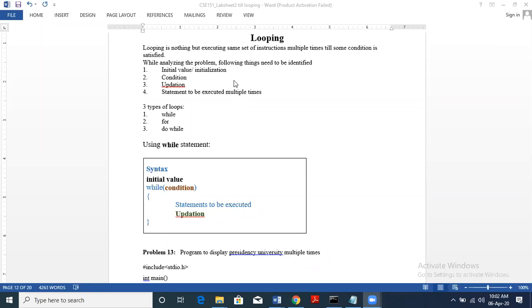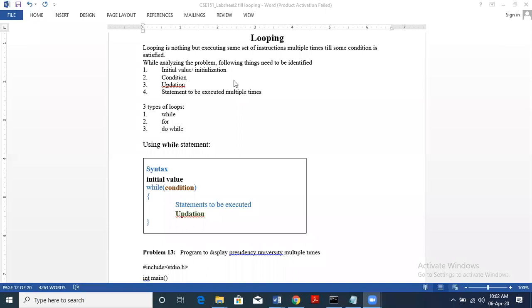So to make things easy, we use the concept of looping. Looping is nothing but repeated execution. Looping means we are repeatedly executing the same set of instructions again and again, multiple execution of statements.